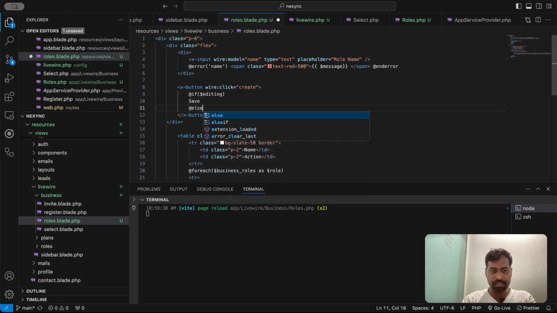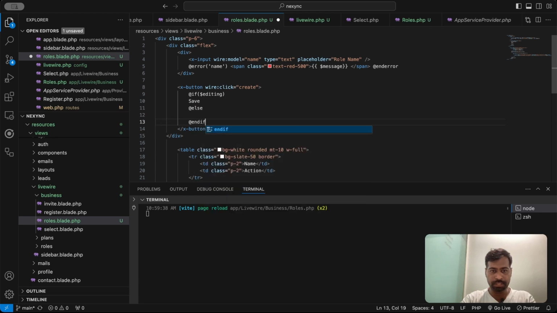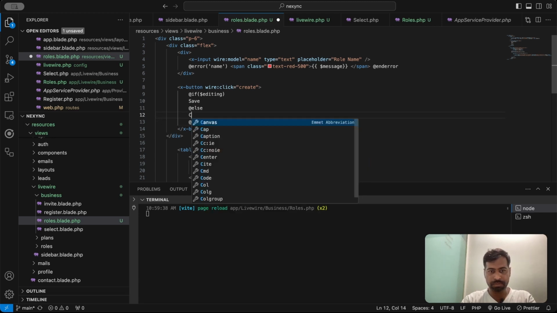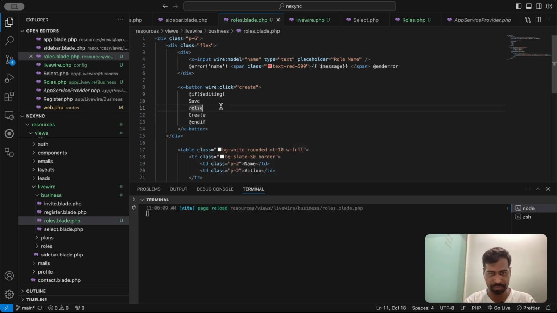Okay, at the rate else, at the rate endif, or we show create. Okay, let's see if this is working, and this function will be save. Okay, and same thing we'll use here